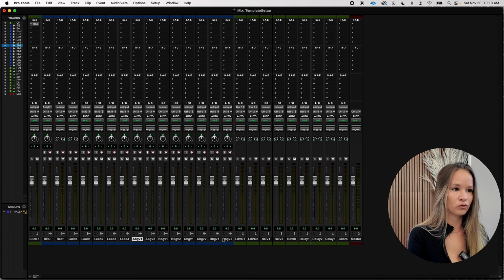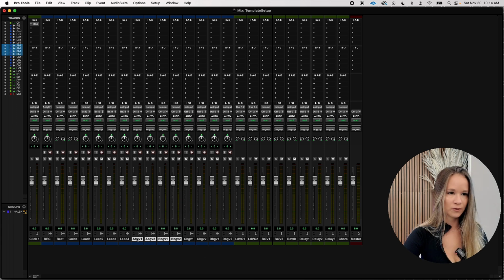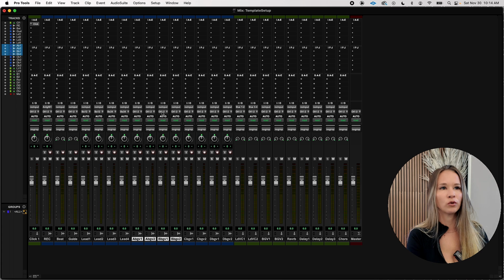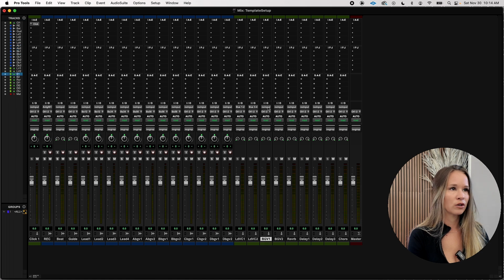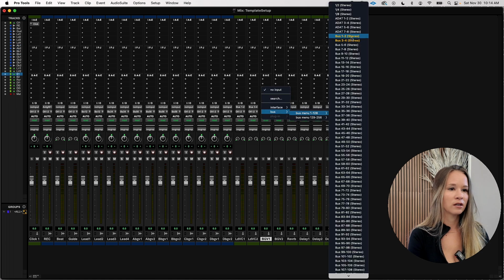I set up 2 vocal chains for my background vocals. It's okay for them to share some of the space, so I'm just gonna split this in half. I'm gonna send the first 4 to the first BGV vocal chain, which I will assign as 5 and 6. Here it is, input 5 and 6. Again,